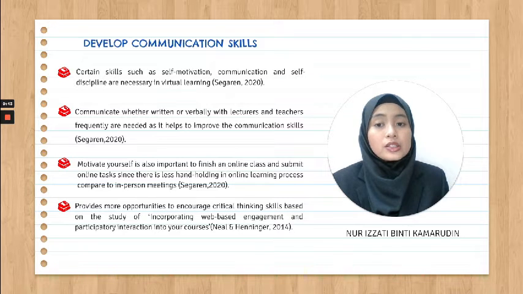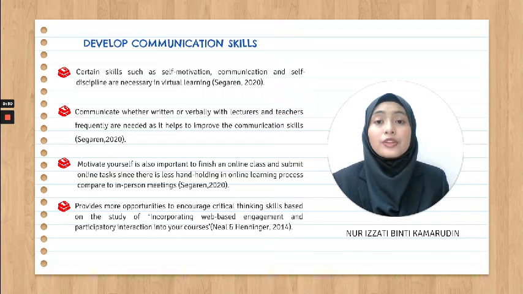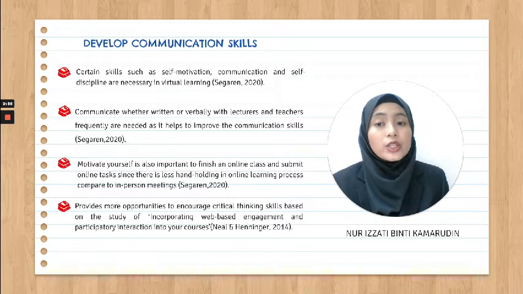Communicating, whether written or verbally, with lecturers and teachers frequently is needed as it helps to improve and sharpen our communication skills. When we use virtual learning, we always communicate with our lecturers and teachers so that we know our mistakes and they can help us improve our communication skills from time to time.